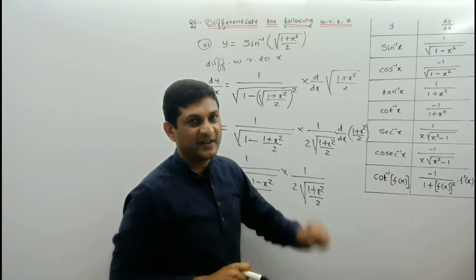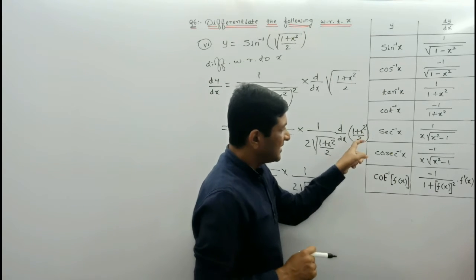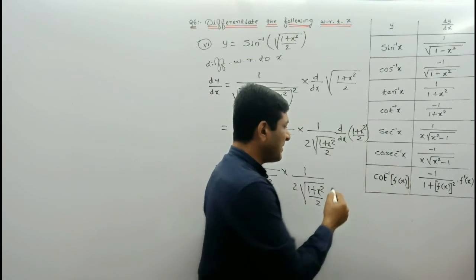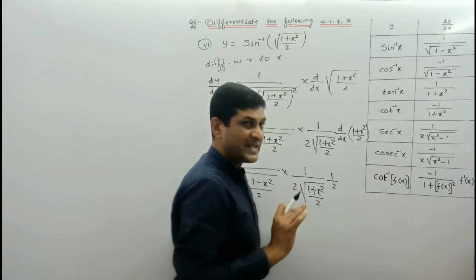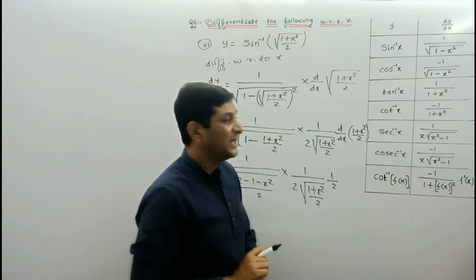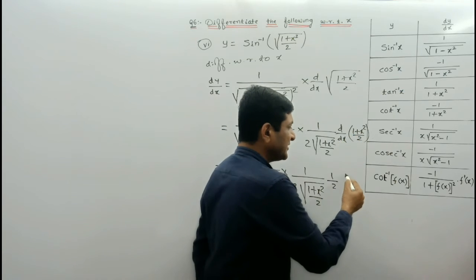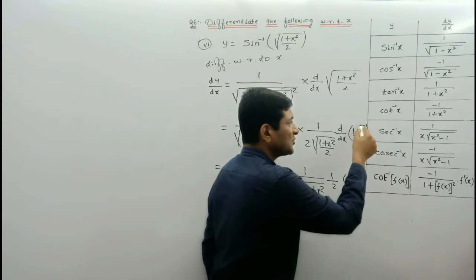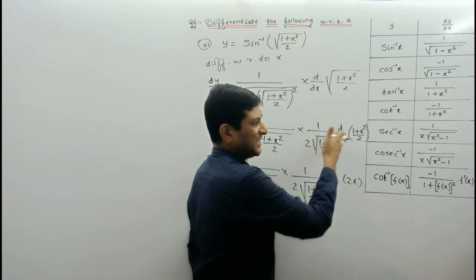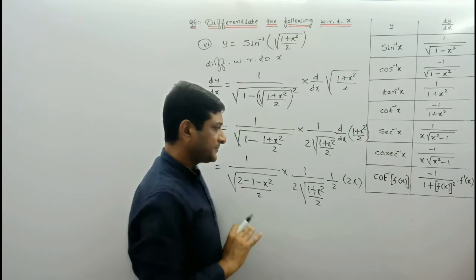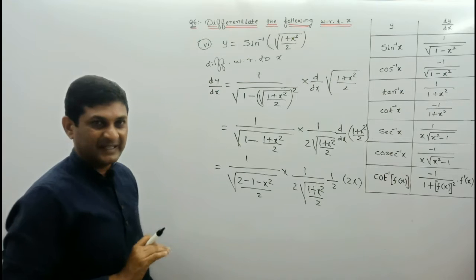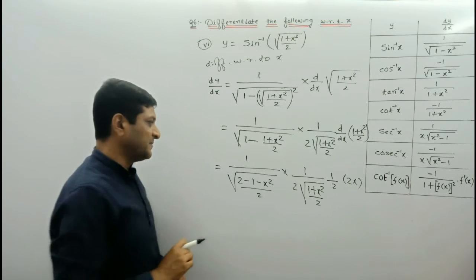Now we are finding differentiation of this term. So here in the denominator 2 is there, means 1 by 2 is a constant term. Keep 1 by 2 as it is. We are not disturbing 1 by 2. But if you observe here, derivative of 1 is 0 and derivative of x square is 2x. Means derivative of this whole term will be 2x if we are taking 1 by 2 on one side. Now differentiation is completed. Remaining part is just simply simplification part.